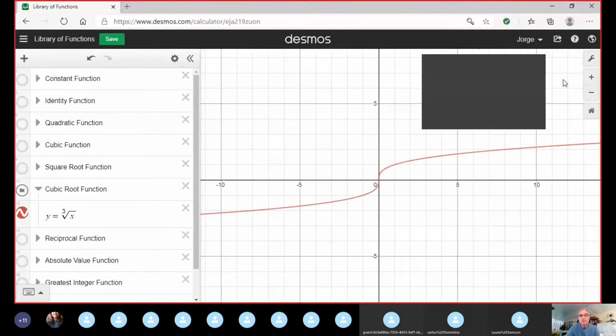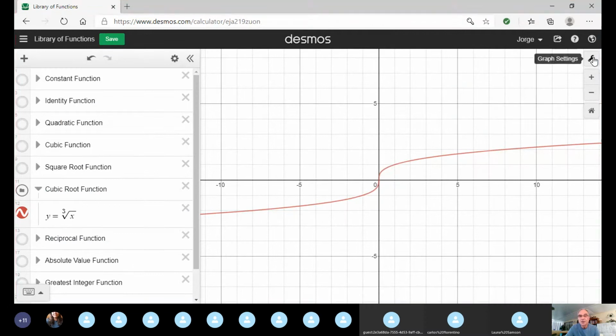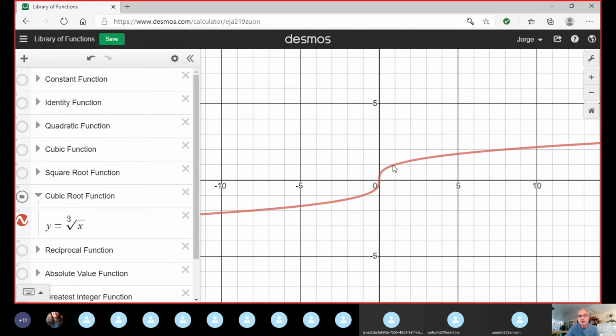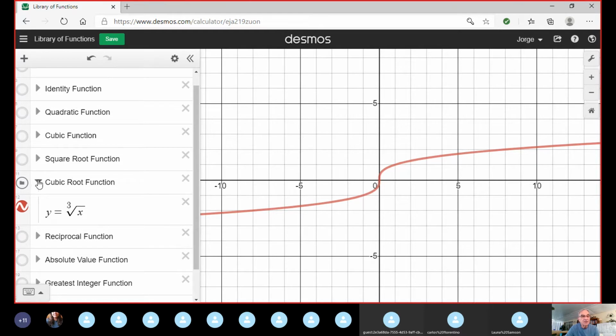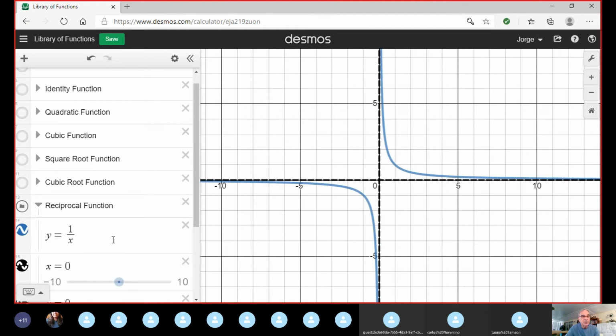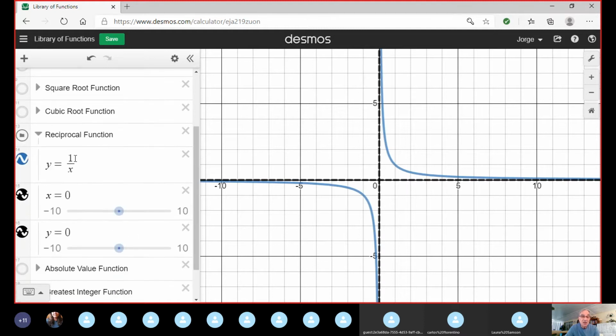Do you see? Let me put in the projector mode to see much better. Look, in the negative part, in the positive part, sorry, in the negative. This is cubic root. Reciprocal is the next in the list. Reciprocal is the famous function 1 over x. So 1 over x is nice because the only restriction we have is when